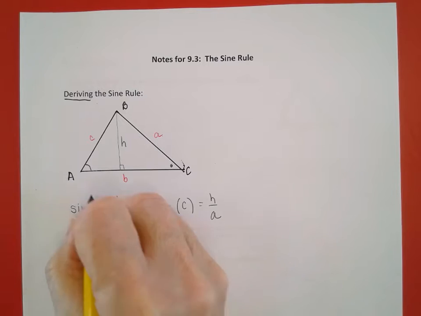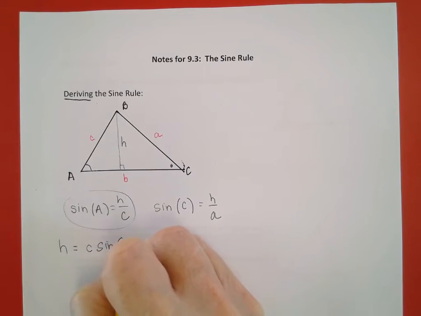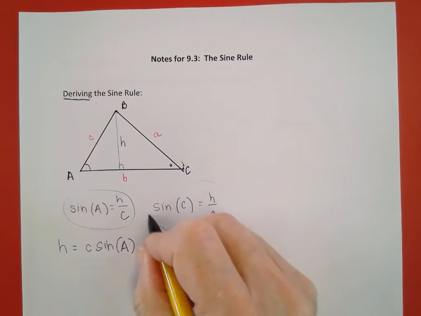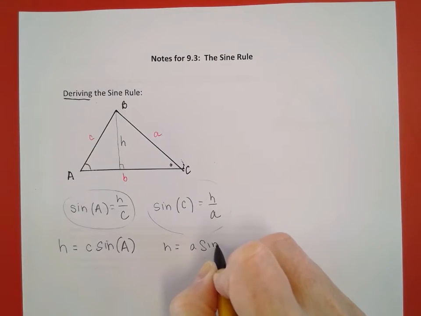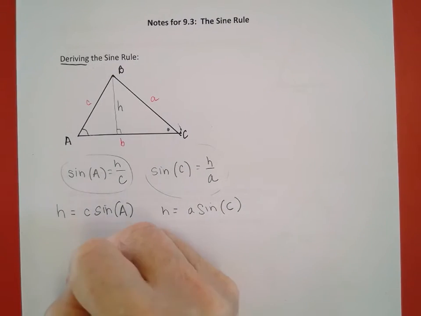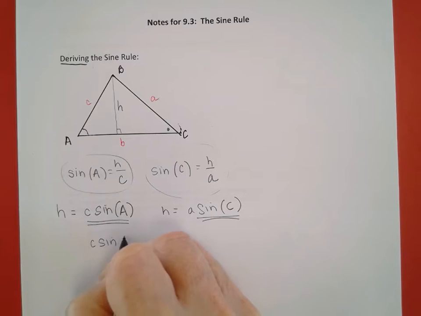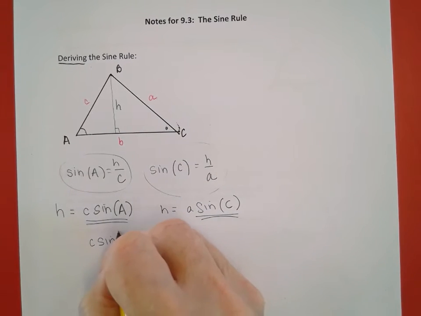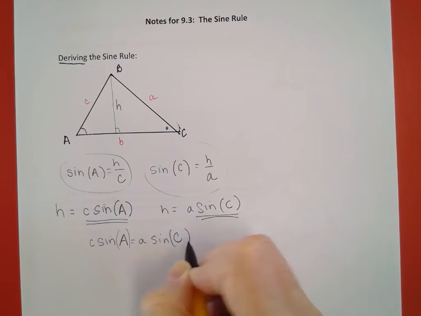That means that in this equation, I can get h equals c sine A, and in this equation I can get h equals a sine C. All right, so now I have two things equal to h, and I'm going to set them equal to each other, a simultaneous equation where these two have to be equal. So I get c sine A equals a sine C, you can put brackets if you want, which means